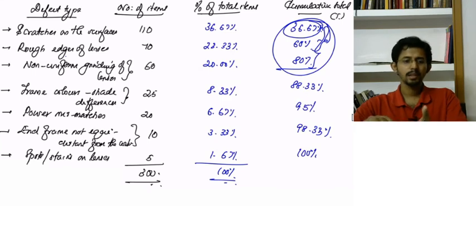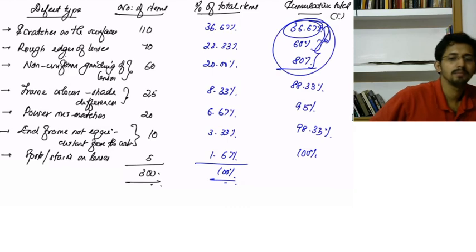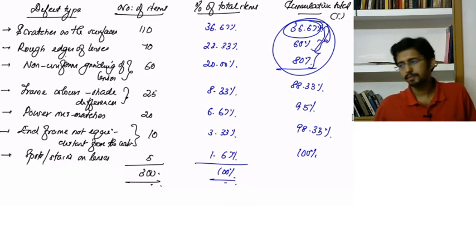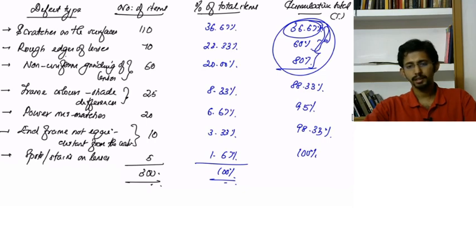Therefore, according to Pareto theory, the company should identify these defects as high priority defects, and should look for eliminating or minimizing these defects. Okay, the remaining